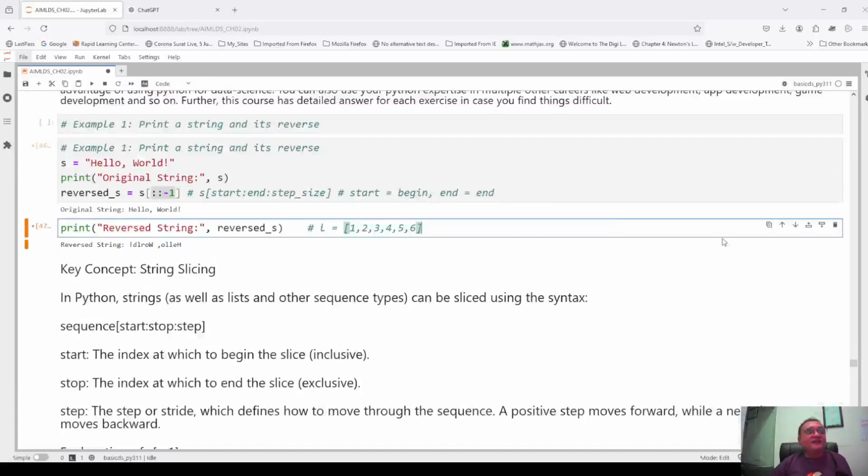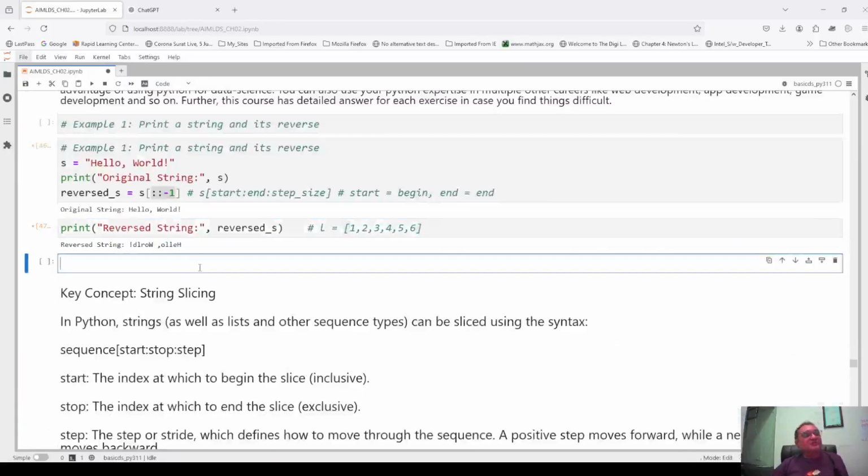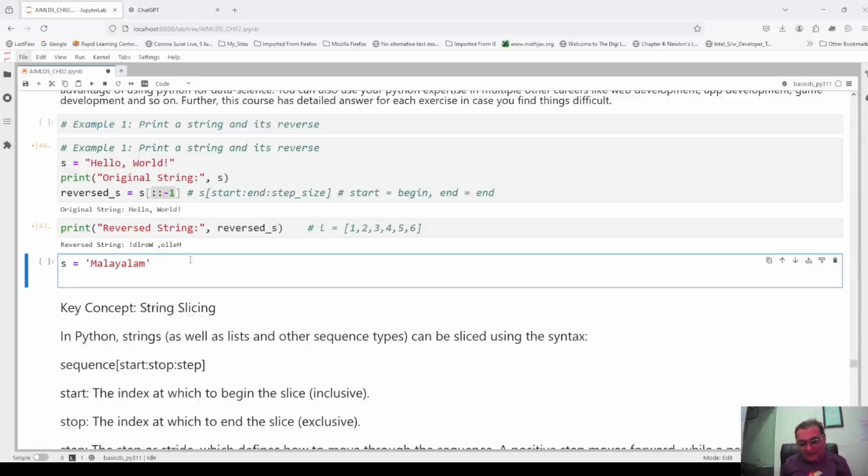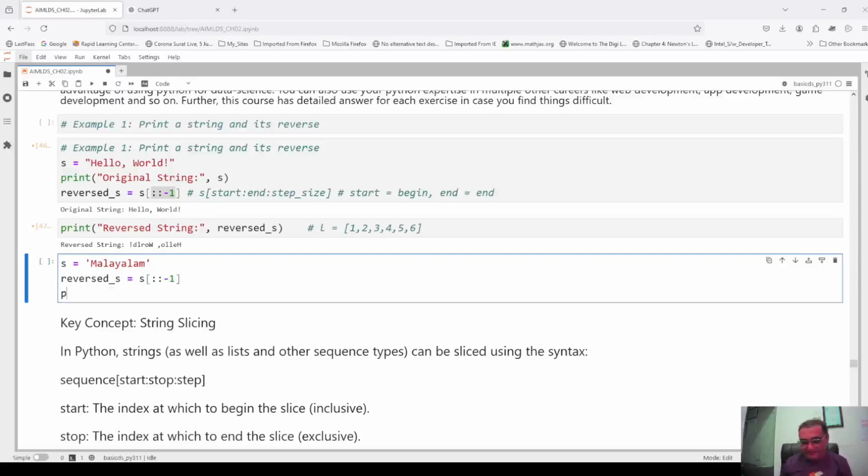Now let me take one interesting example, because that naturally leads to the second example. Suppose I take a string like this: S equals MALAYALAM, Malayalam. Okay, now this is the string, and I write the same thing, reversed S equals S, then square bracket, colon, -1. As I write this, and if I print that reverse string,